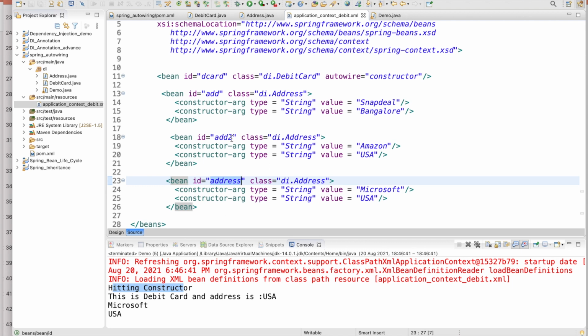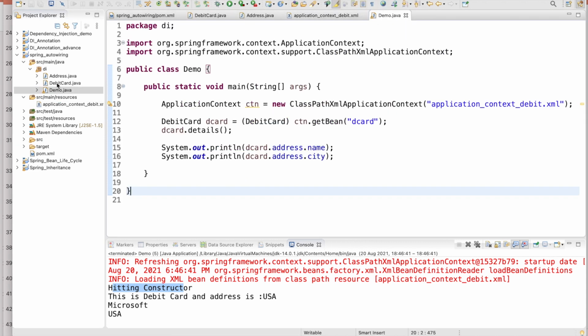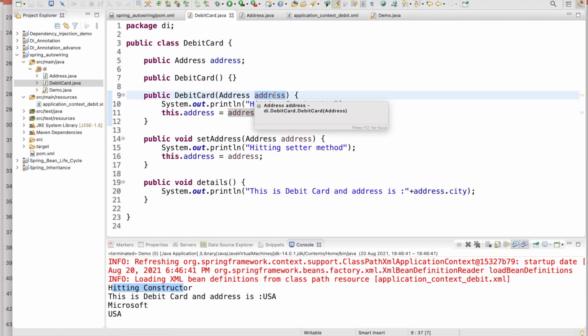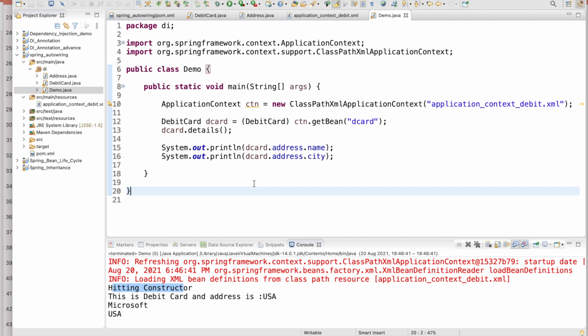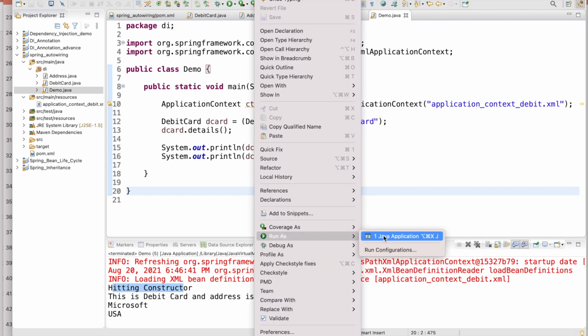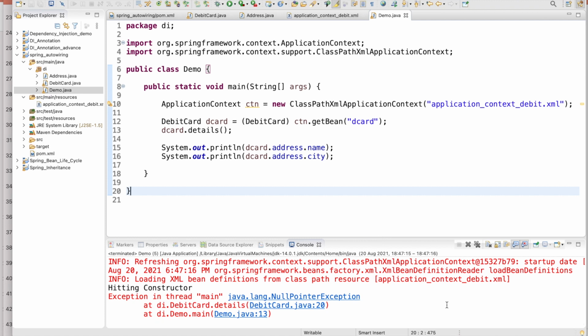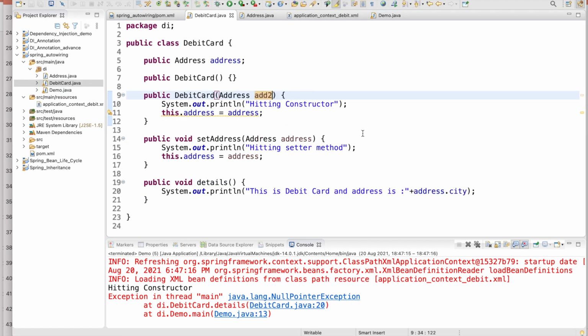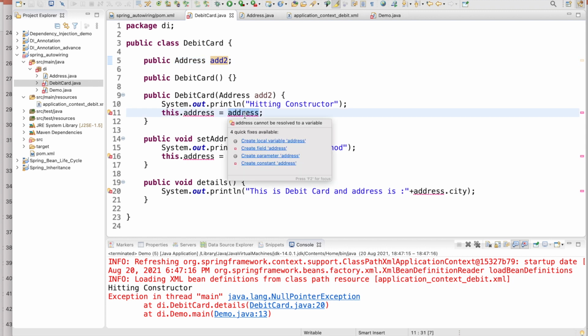And now suppose you want to give add2 here, then check what is happening. It is giving an error. Why is it giving the error? Because when you use the constructor, it works on the name, meaning this name should match, right? If you give add2 here also, a lot of code has to change.